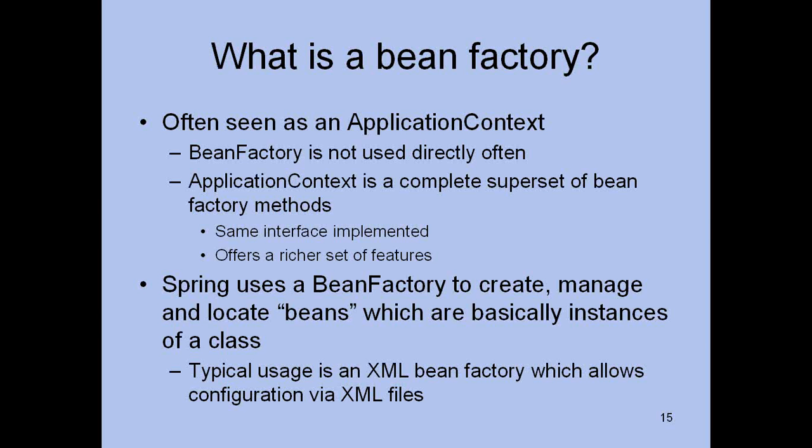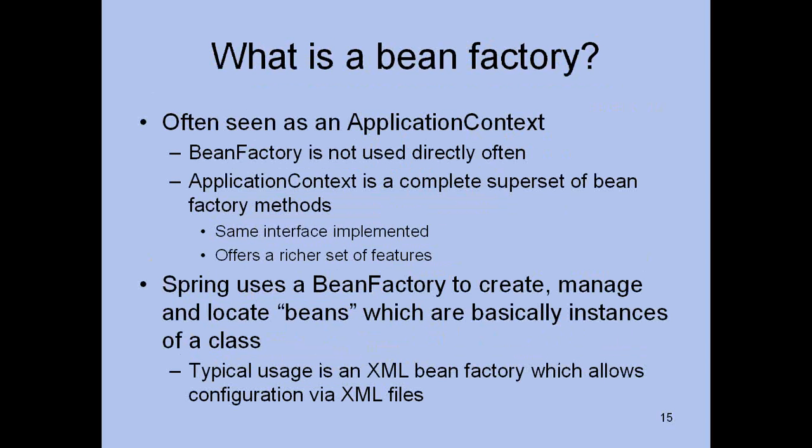Application context is a superset of the bean factory methods. So most of the time you will use one of the types of application context. Application context can be various types. One of them is ClassPathXmlApplicationContext. Or if the source is a file, then it will be FileSystemXmlApplicationContext, something like that. I will show you today when I walk you through how to set up Spring and how to load the configuration file. I will show you the usage of ClassPathXmlApplicationContext.